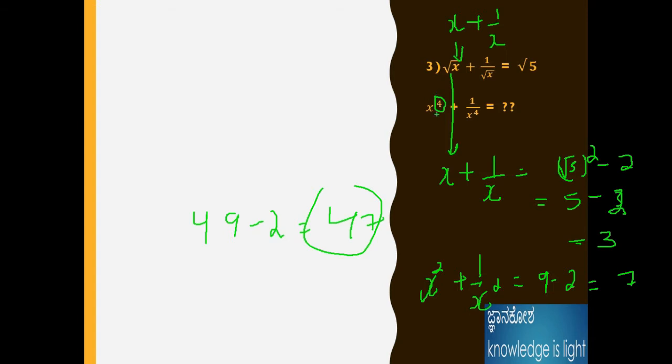This is the question, root of 4, the root is 4. That's why I make it as 4 times or 3 times. First, root is there, I am converting as x plus 1 by x, then I make it as x square. Then the question is x to the power 4. That's why I make it as square, x to the power of 4. Like that we need to solve the problem. If the problem is coming, definitely you could easily solve this kind of problem, no need of confusion.